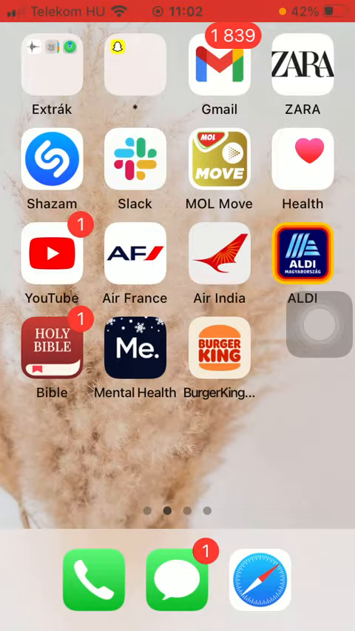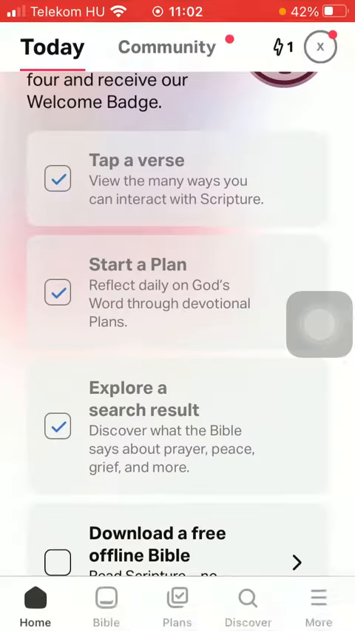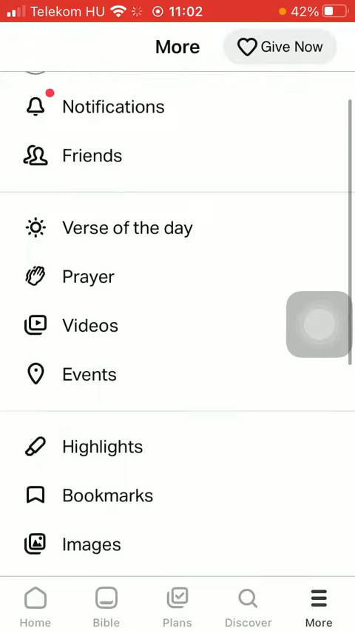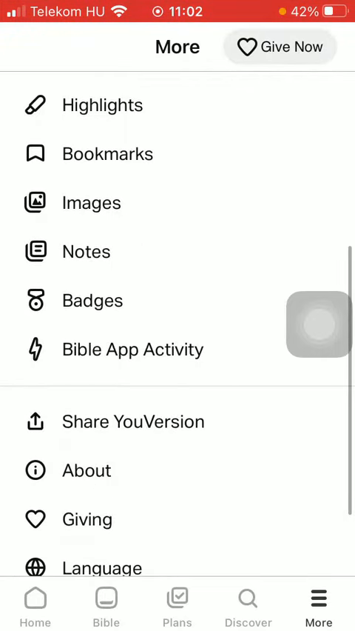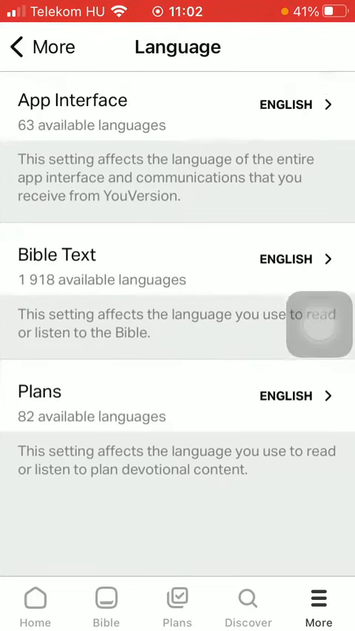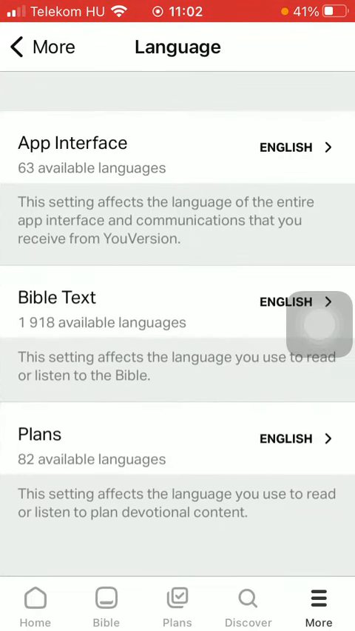First of all, open the application on your phone. After that, tap on the More button down below in the right side corner of the screen. Then you should scroll down till you find the language section, tap on it, and here you can select three